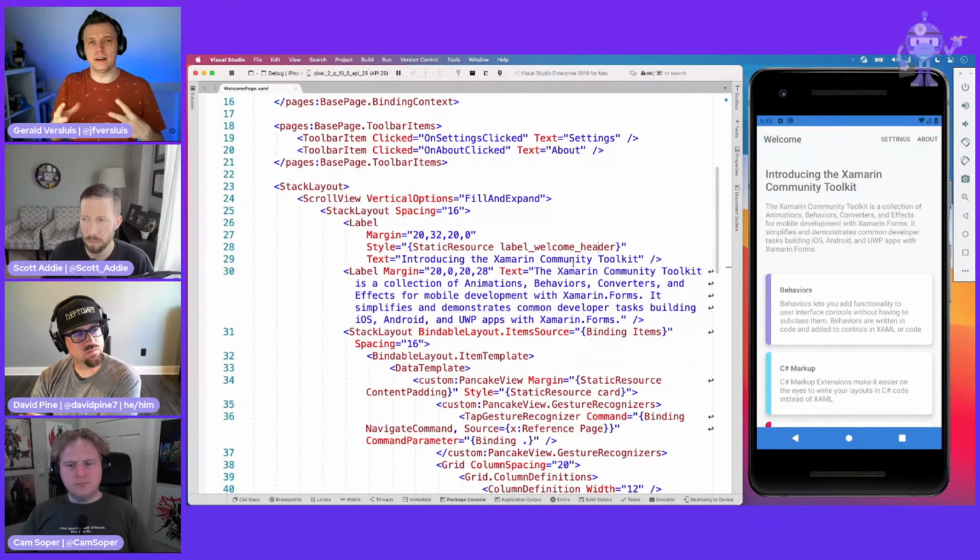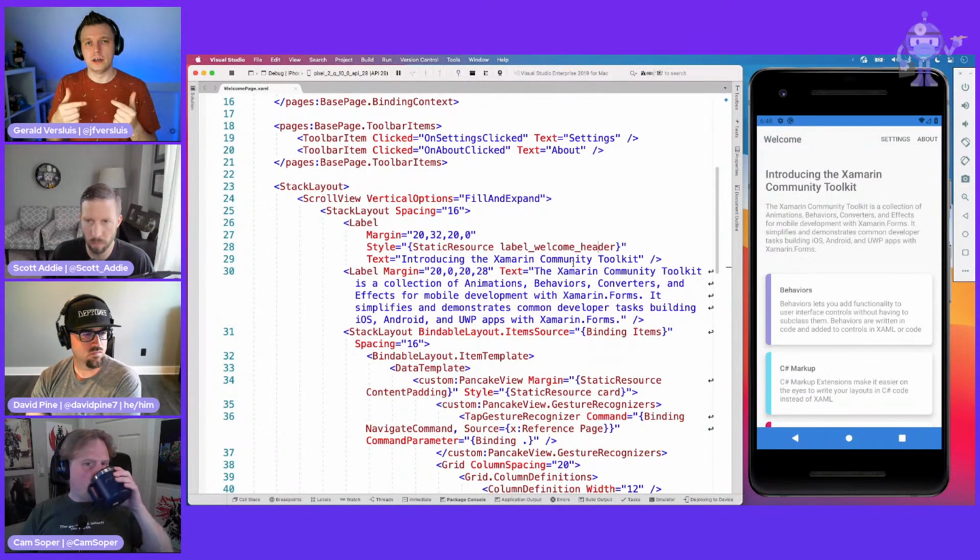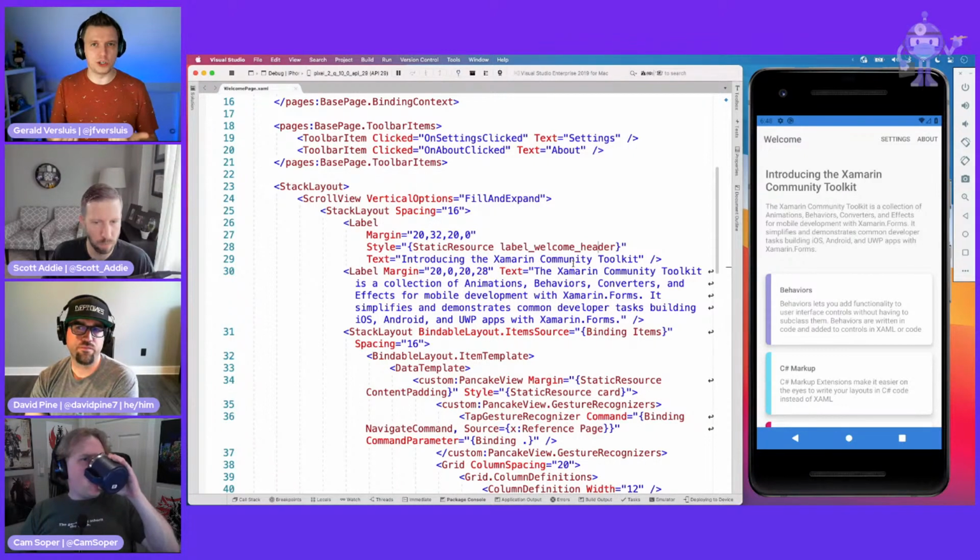Because like I said earlier, the whole architecture changed. The outside APIs are still the same, but the whole architecture changed. But what the team did is they introduced a compatibility layer. So you can still use all your custom renderers, which is a thing inside of Xamarin Forms